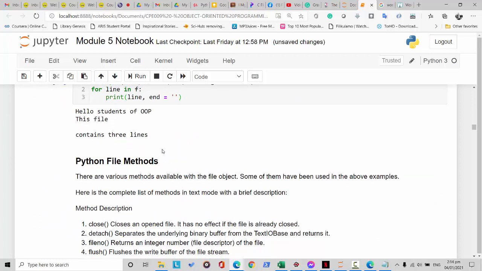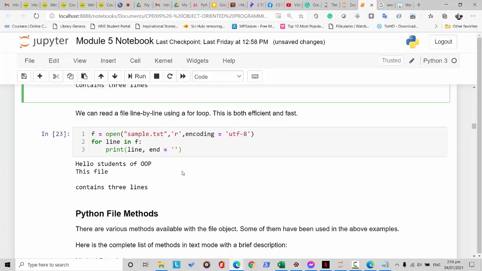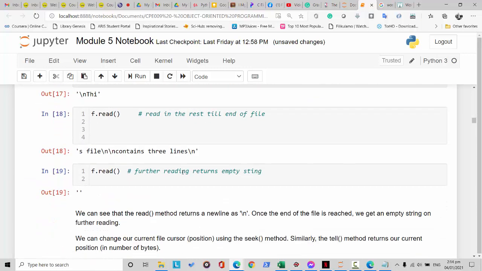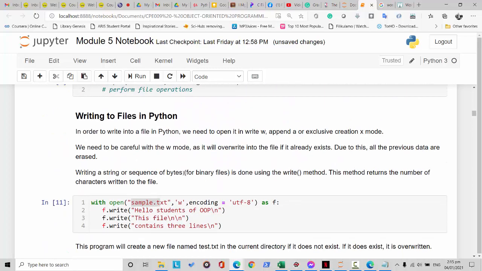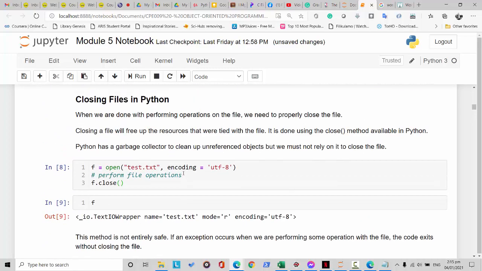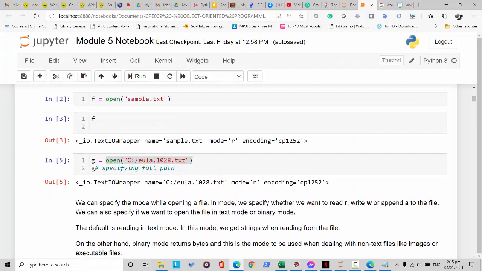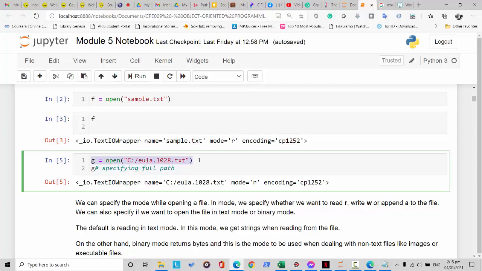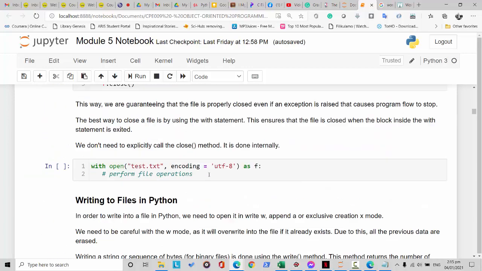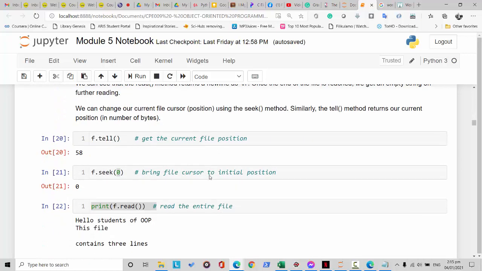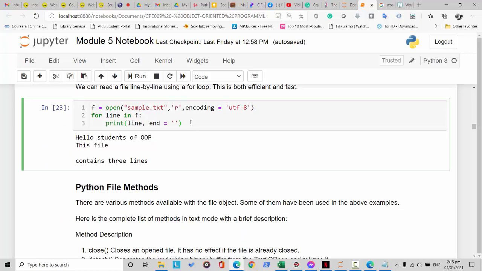So in case you have plenty of text, for example, let's try to open this and have an example. Earlier we opened the file, which is this one. We tried to open this. Let's try to see what's inside this file without opening the notebook. And this time we're opening it using a